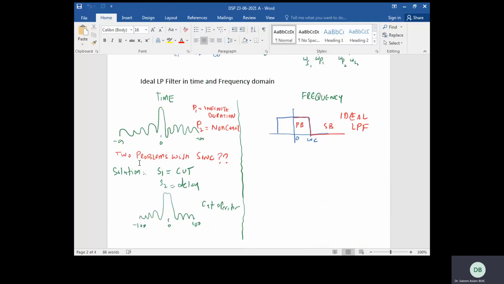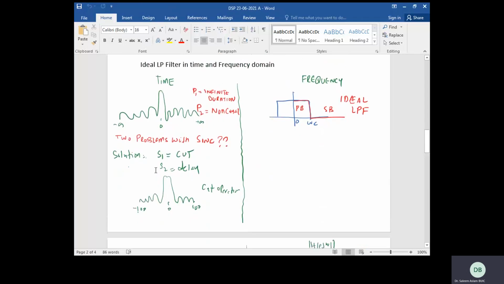But of course, if you are applying a filter from minus 2000 to plus 2000, it has much better quality compared to the filter you are designing from minus 4 to 4, or minus 8 to 8, or minus 16 to 16, right? So a larger number of samples means a larger order of filter. A larger order of filter means better quality.